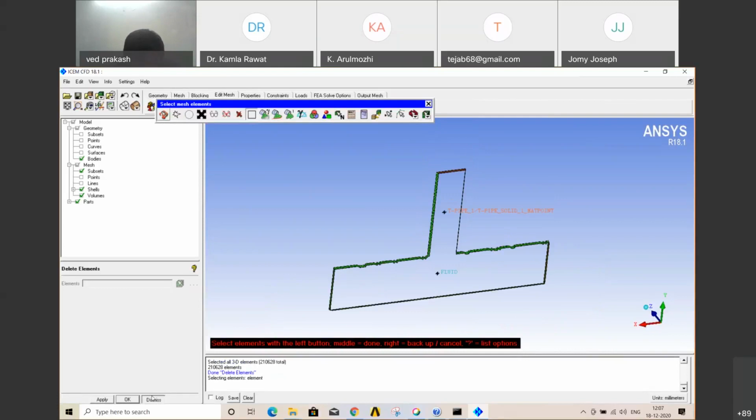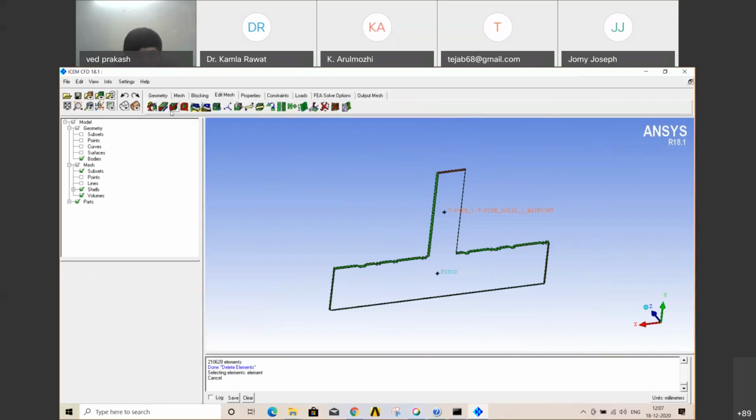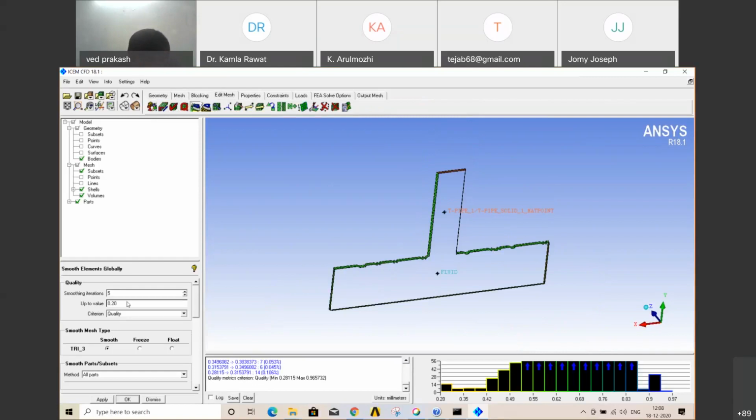Now we can also increase quality here in edit mesh only. Go to the fifth option, smooth mesh. Click on that, and up to value, it should be close to 1, but we cannot achieve that much quality because of unstructured meshing. So you try some iterations, okay, apply.